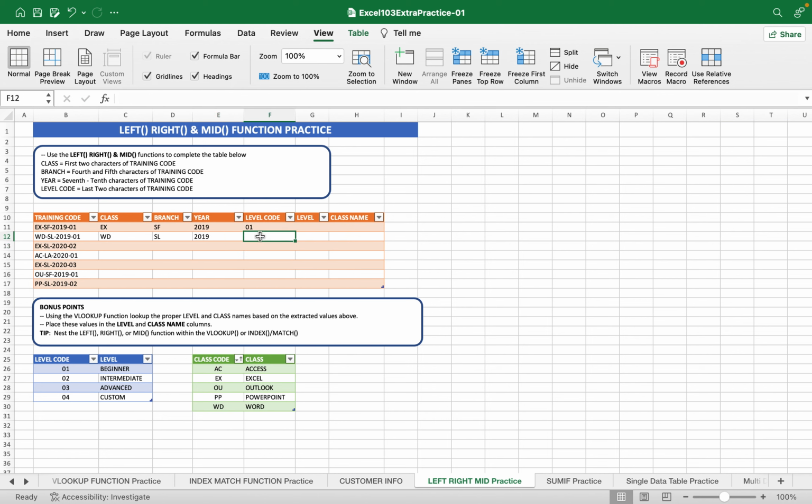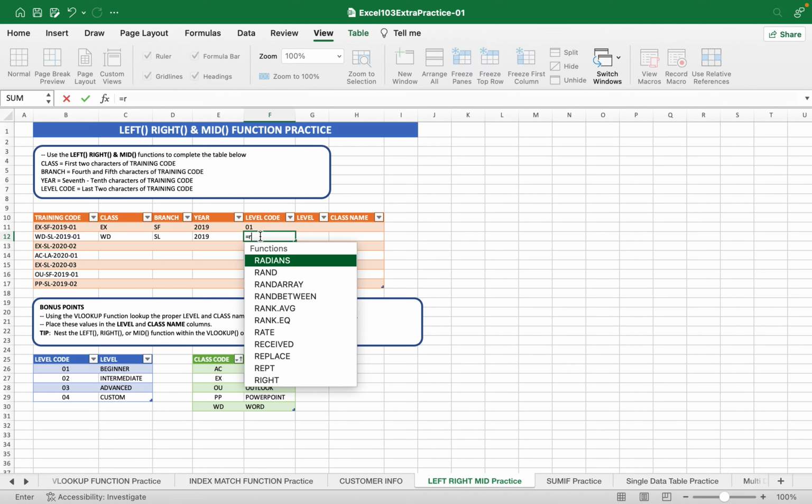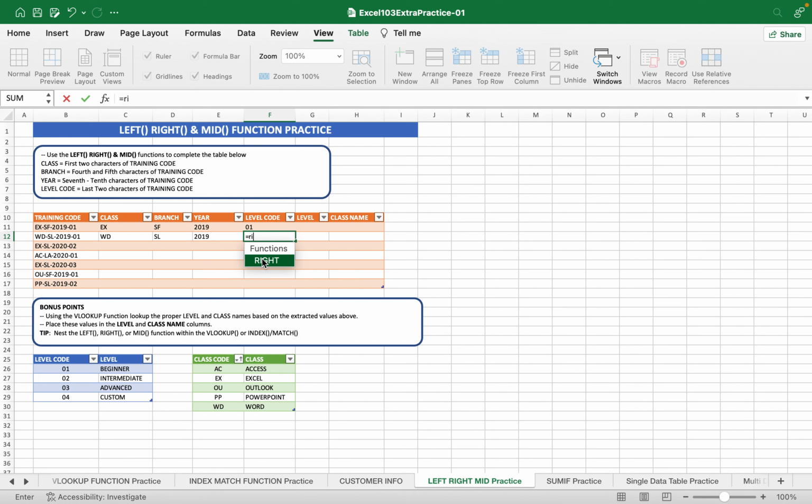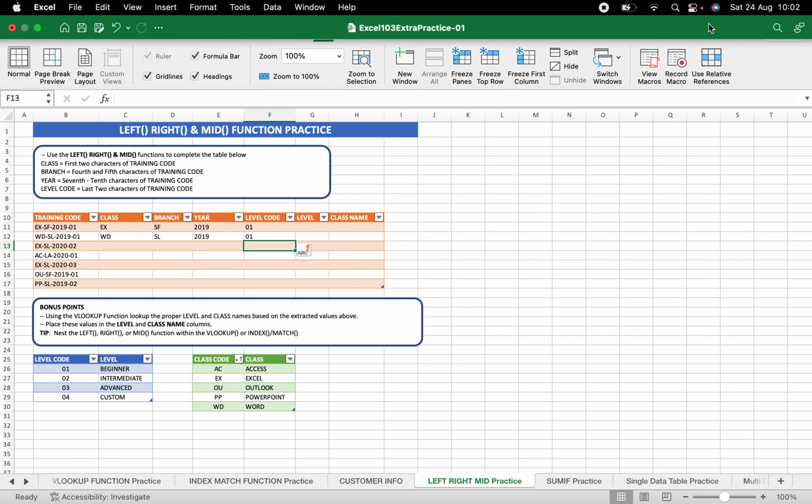Now the level code. We use RIGHT equal to RIGHT, then the B12, comma, the last two. We are going to use comma 2. Yes, that's how it works. So guys, that's how you do it. And let me stop our